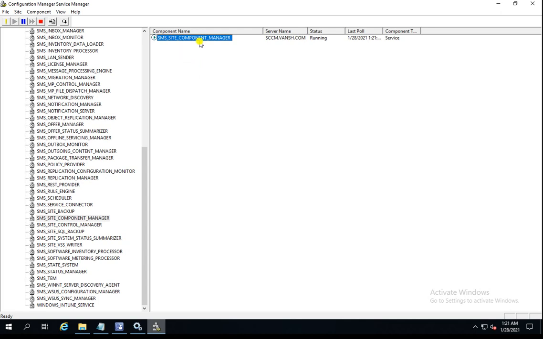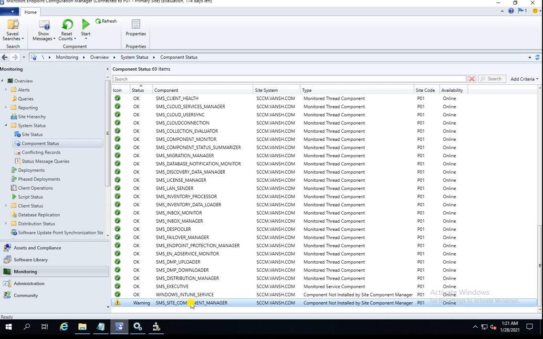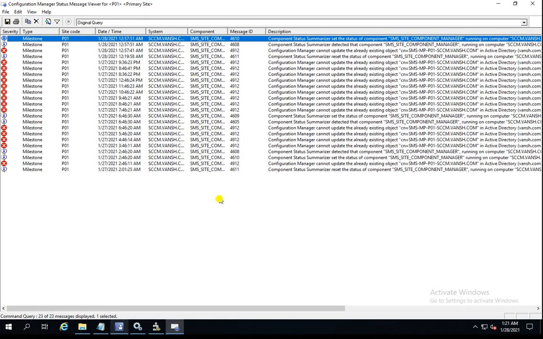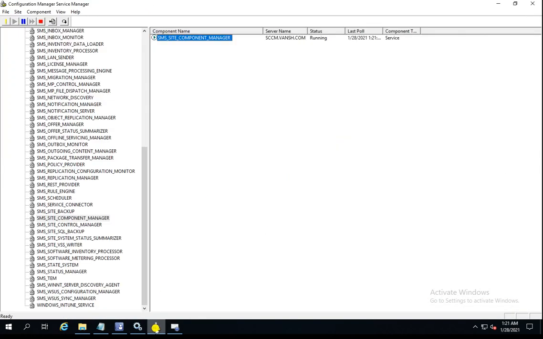Now it's showing as running, and let's see how we can troubleshoot this. Right click, go here, check the logs, and what I'm going to do is stop and start the services. Let me do the stop, and click again.